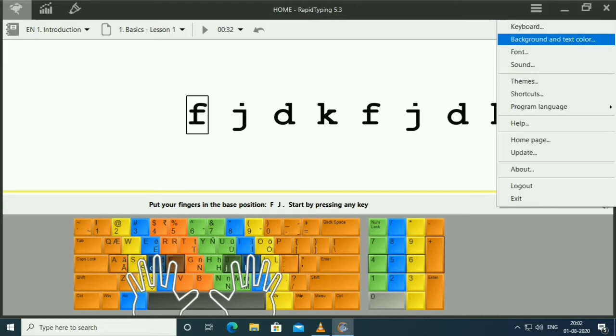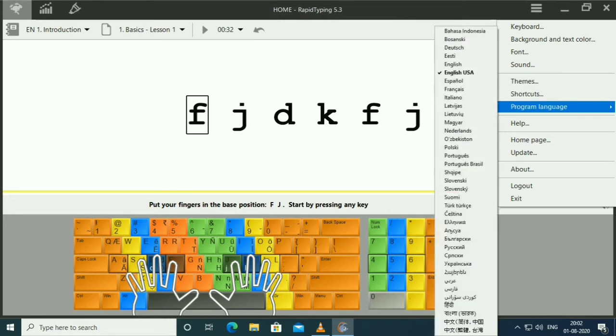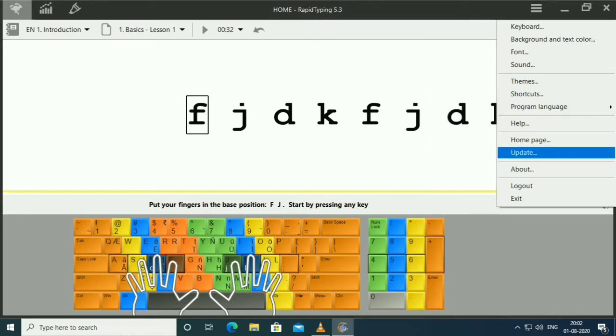In the options button you will get a lot of options: keyboard, background color, text color, font, sound, themes, etc. In that you have to choose program language. If you want to change the language, you can choose program language. Many languages are given. If you choose any one of the languages, it will convert into that particular language.